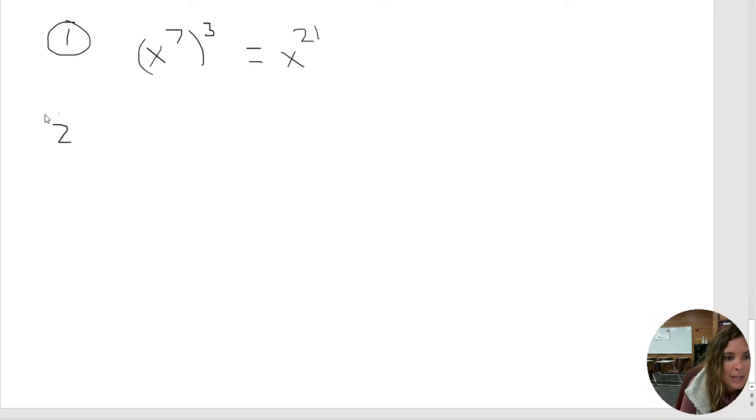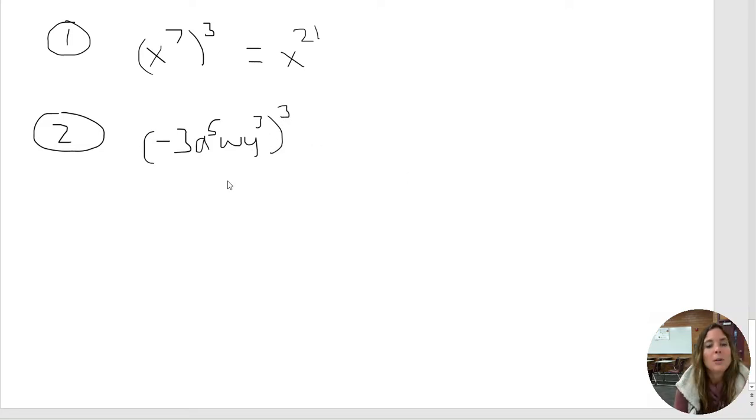Okay. Now on number 2, you had a -3 multiplied by a to the 5th multiplied by a w multiplied by a y to the 3rd, and then all of that product is raised to the 3rd. So whenever you have a product raised to a power, every factor of that product has to get that power distributed to it, okay? So you needed to do -3 to the 3rd power, and then a to the 5th,